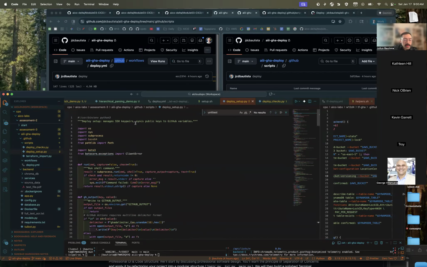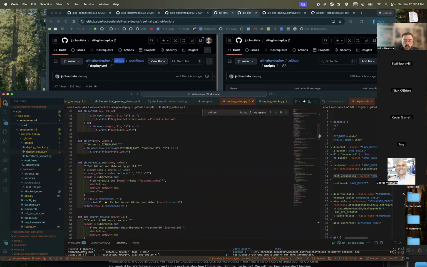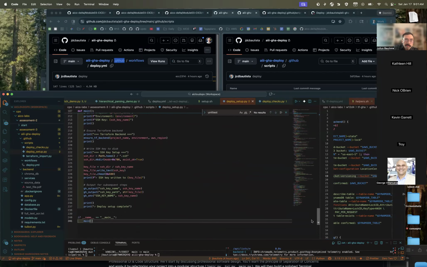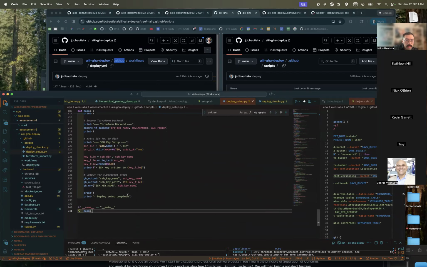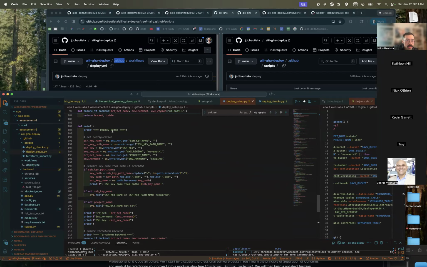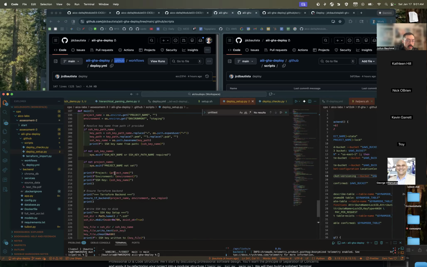Okay, so this just has a bunch of methods. The GitHub Actions actually calls the entire script in one go. I think it might call it again at the end, if I remember correctly. And in our main, we're just calling these in a sequence. We're grabbing values from our environment. We are then running some logic.